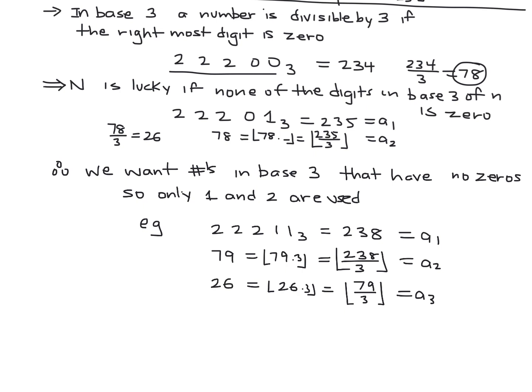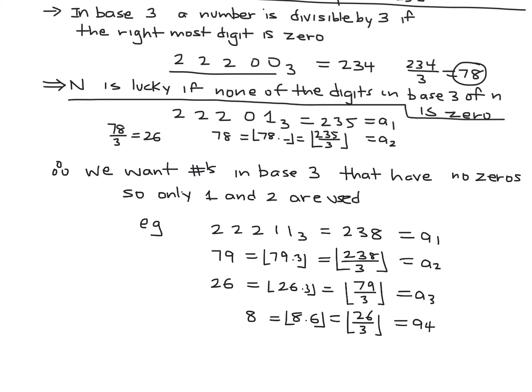Now, so far, none of these are divisible by 3, right? 238 is not divisible by 3. 79 is not divisible by 3. 26 is not divisible by 3. And let's just keep going. A4 would be 26 over 3 bracket. 26 divided by 3 is 8.6, which is 8. 8 is not divisible by 3, and so on. So hopefully that proves to you that if none of the digits are 0, you will be able to get a lucky number. And I encourage you to take this to the finish line,